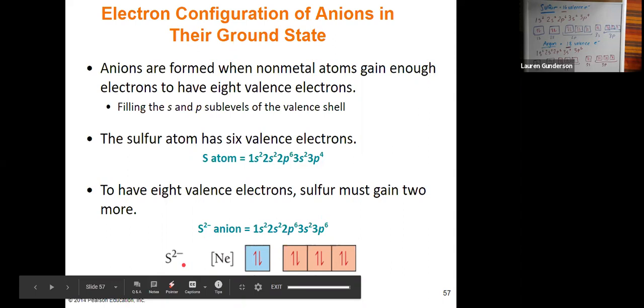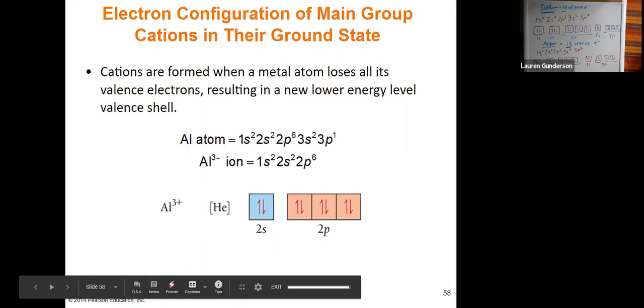Ions are a little bit different. Well, they're different once we get to the transition metals. The cations are not so bad before that. But you do have to remember that when cations are formed, the metals are going to lose electrons instead of gaining them, right? So you're going to have to remove electrons from your electron configuration in order to represent